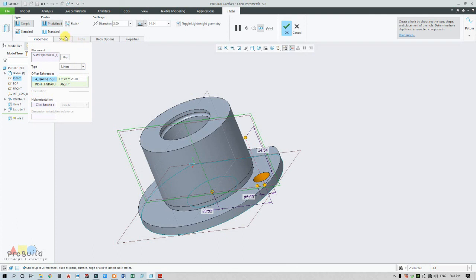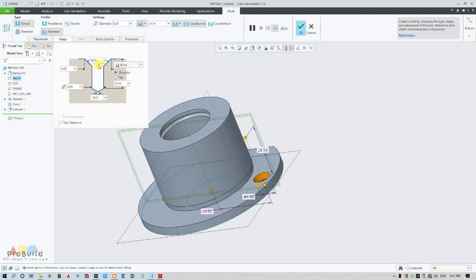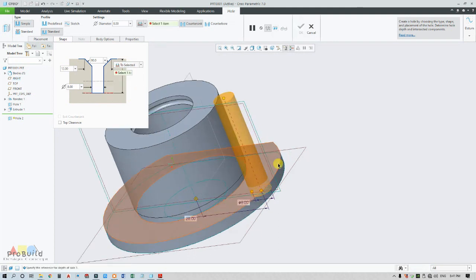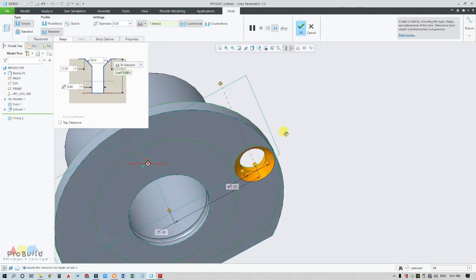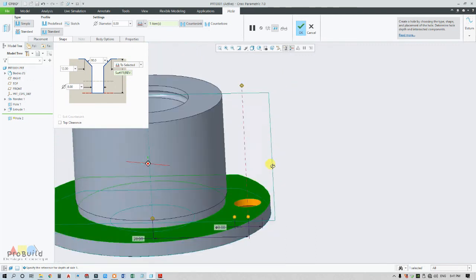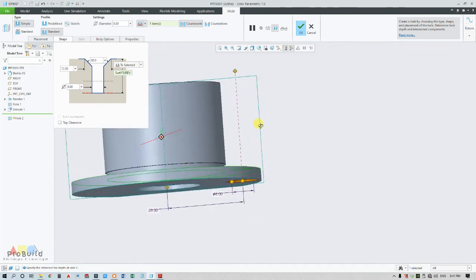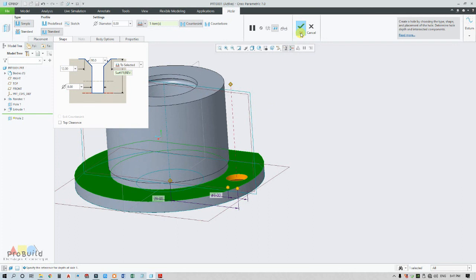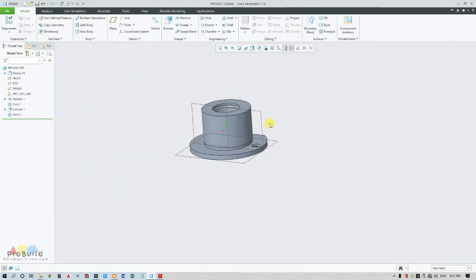I need to change the standard, so go for simple standard countersink. In shape, this is 90 and I'm going to change this to 12. Go for the blind option up to this selected surface. So you can find here at the bottom, this is the countersink, and above is the hole. Just click OK.